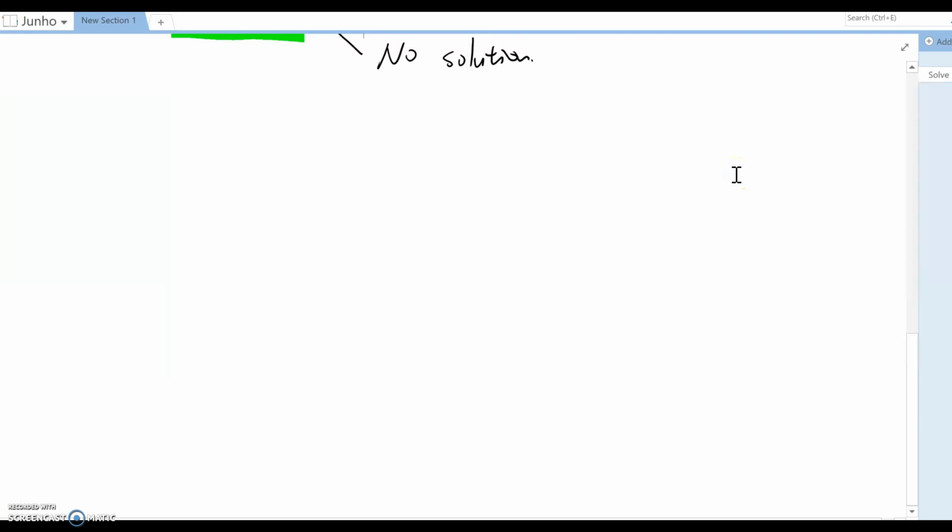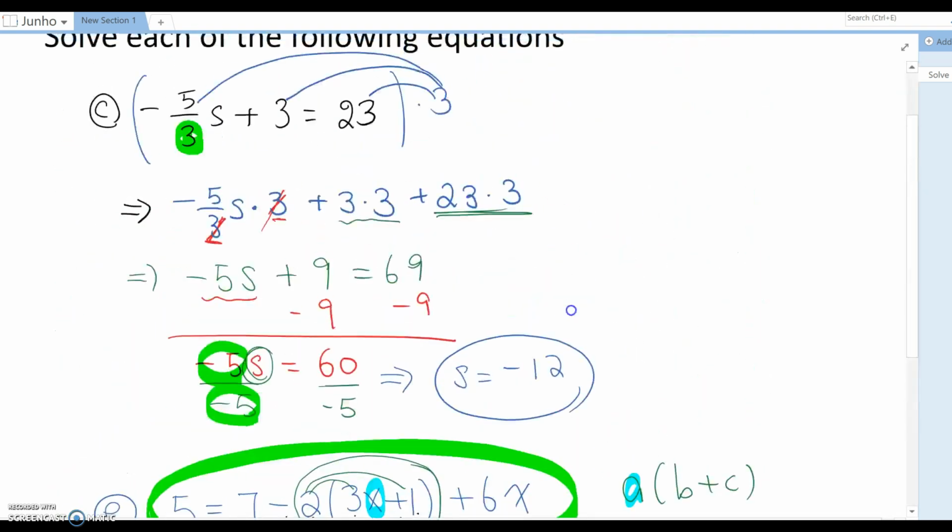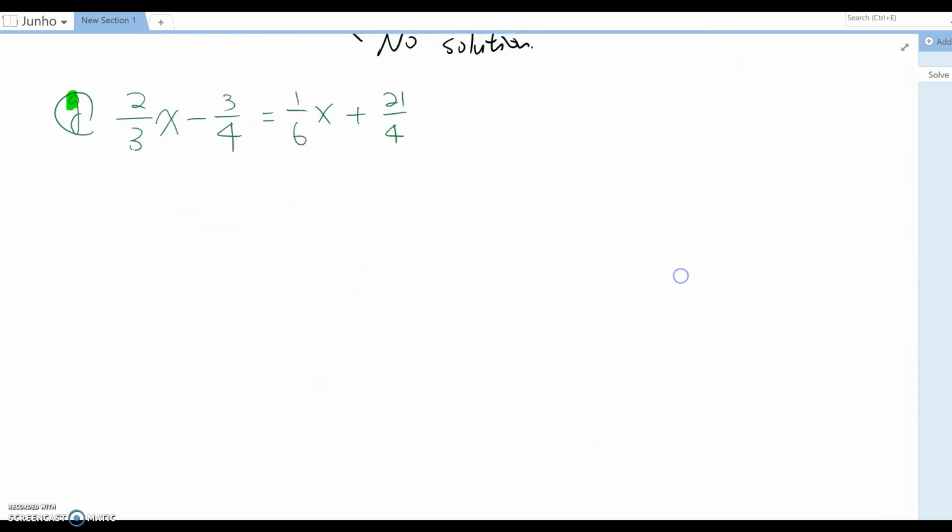So next question is letter G, which is 2 over 3x minus 3 over 4 equal to 1 over 6x plus 21 over 4. So this one looks a little bit similar to the previous question, but the difference is